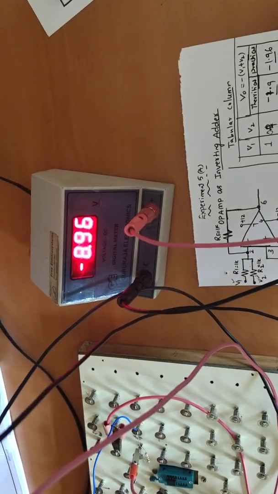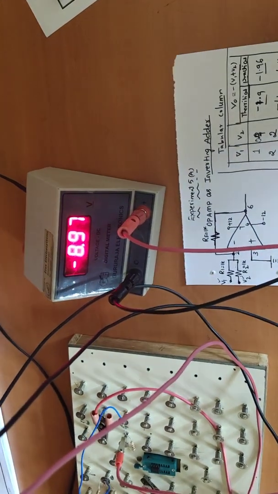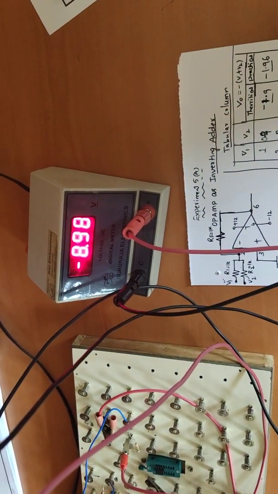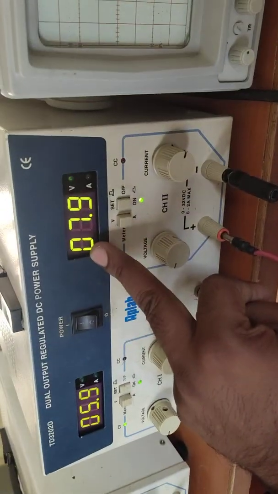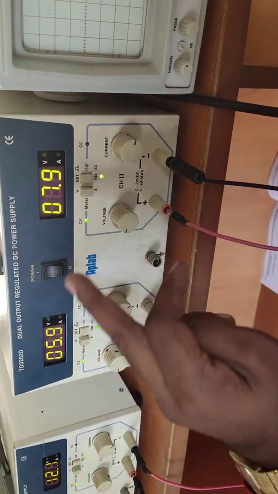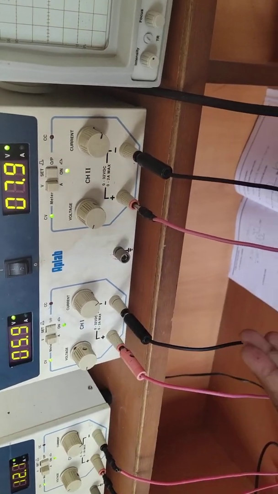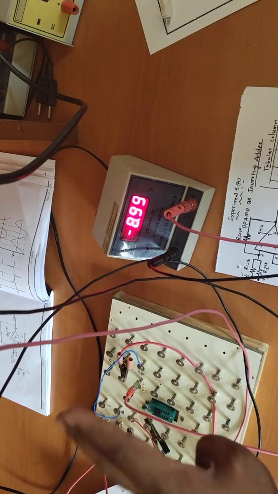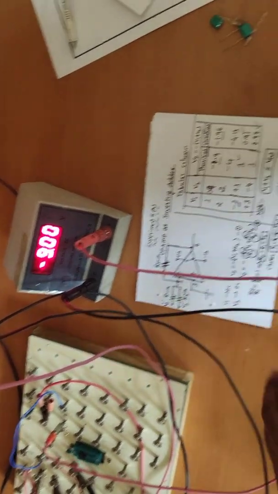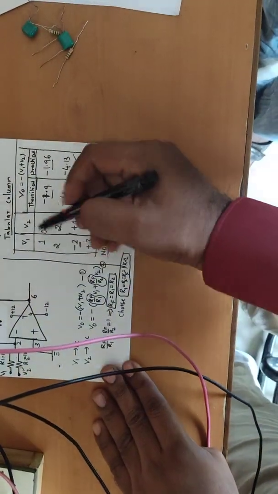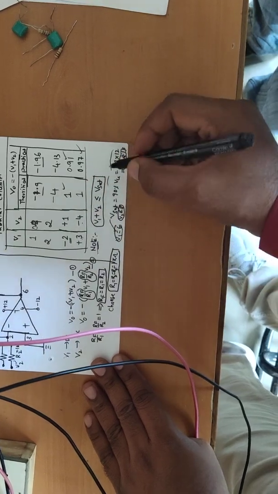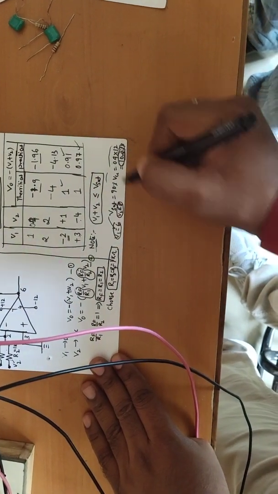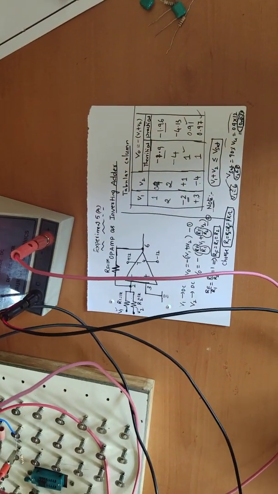Now in the DC voltmeter you can check, the first battery is around 6 volts and the second battery is around 8. So 6 plus 8 is 14. In this case, the sum is exceeding V saturation, and that value won't be reflected in the DC voltmeter. Therefore, we always have to keep the V1 and V2 values such that the sum is lesser than or equal to the V saturation of the op-amp, which is 90% of VCC.